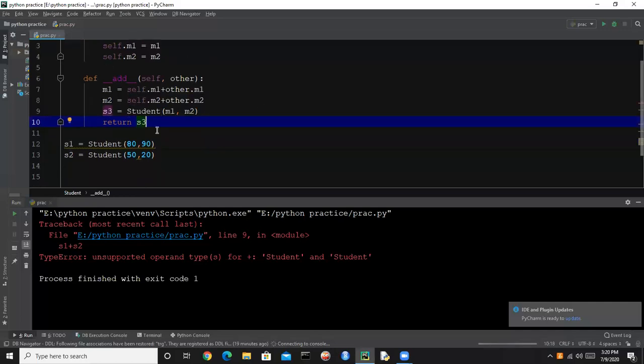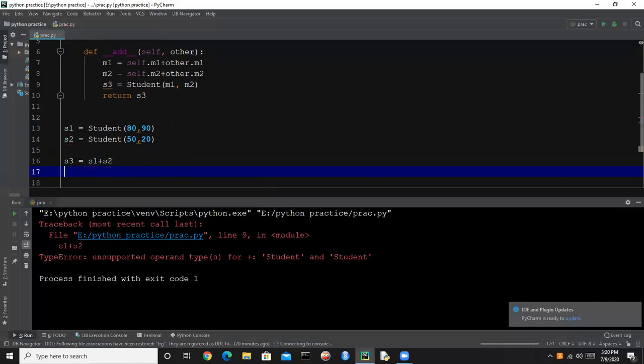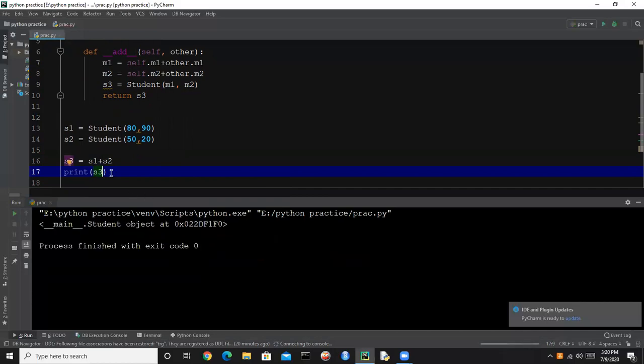So this is how we can override this add method. Now if we add these two objects, we can write s3, and if we print s3, it will return the object address. Here you can see it is returning a student object because it is an object of this class.